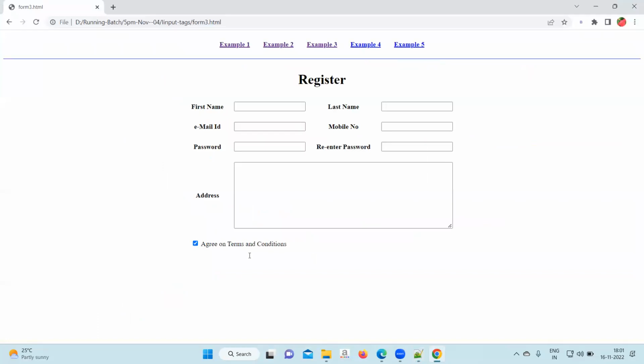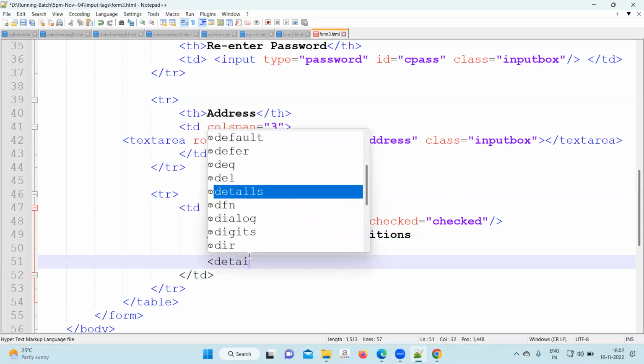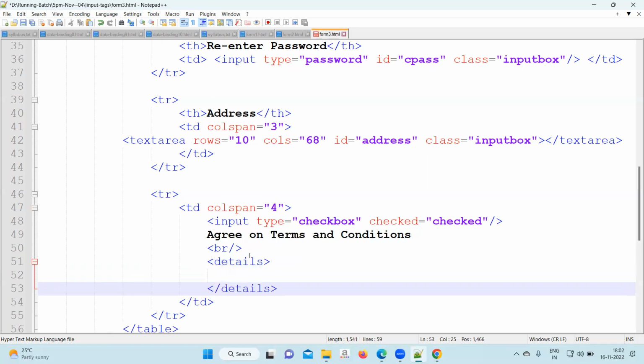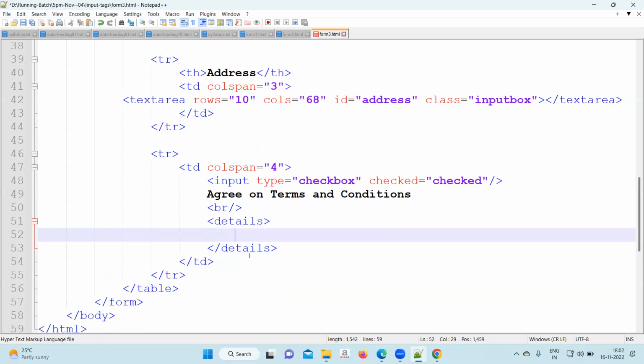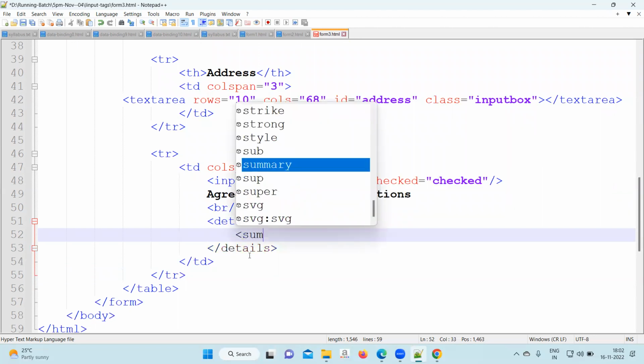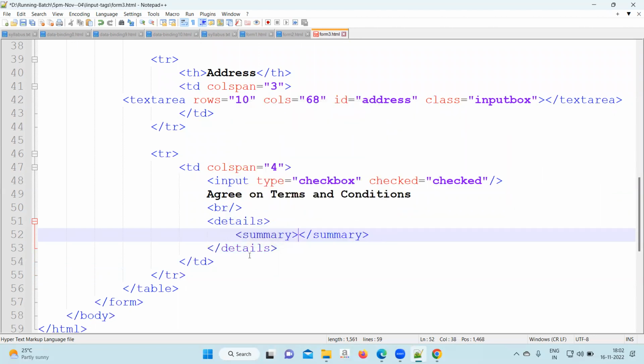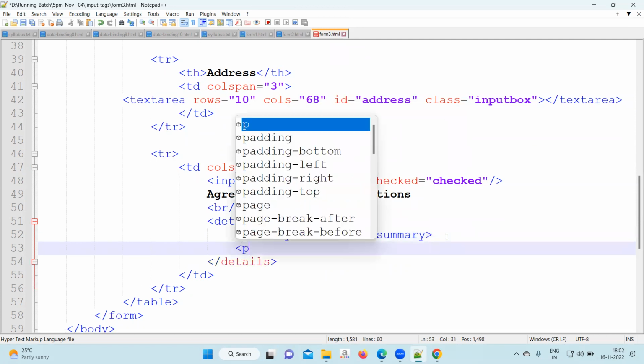Now after that you write a tag called details. Under the details tag, you will write a tag called summary. Under the summary tag, you will write read more. After that, in a P tag,